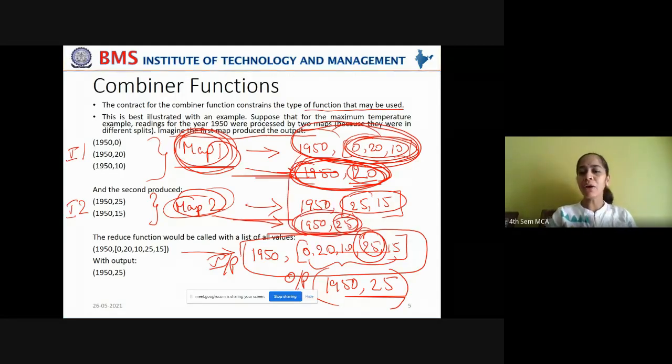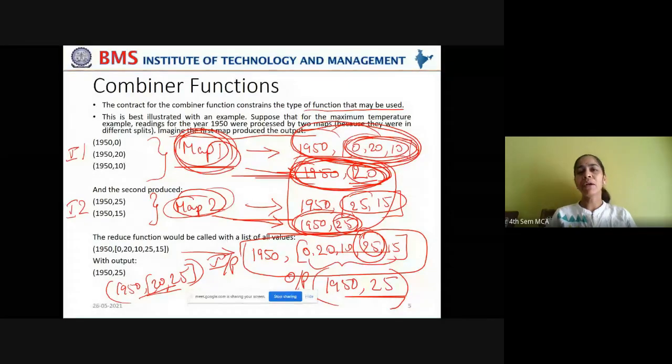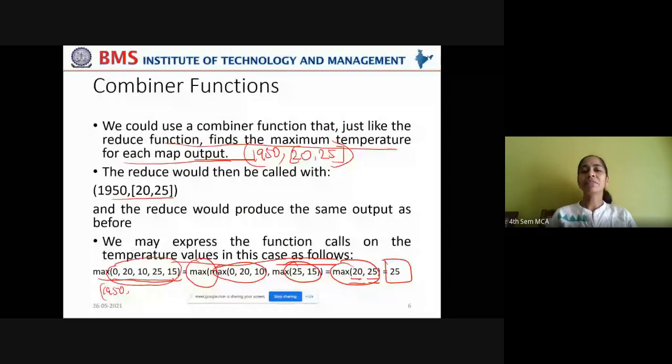Now these two are grouped, which will give you 1950, 20 and 25. Now this key value pair is smaller when compared to the previous case when the combiner function is absent. Now this is passed to the reduce phase as input, and it gives the final output. That is the advantage of the combiner function.